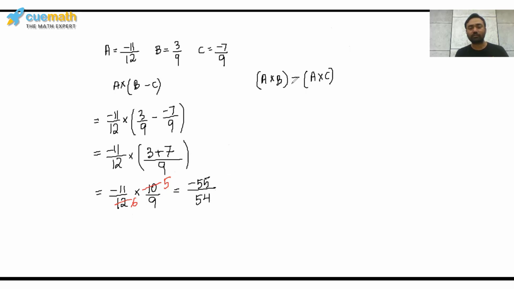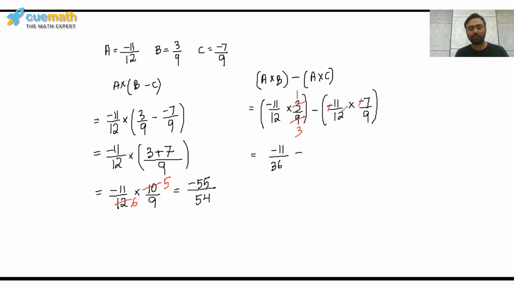Let's now substitute the values for this second expression, where A is negative 11 over 12 times B is 3 over 9, minus again negative 11 over 12 times negative 7 over 9. Let's eliminate anything in common between the numerator and the denominator. So 3 1s are, 3 3s are. This negative would become positive. So from the first bracket, we are going to get negative 11 over 36 minus the second bracket,